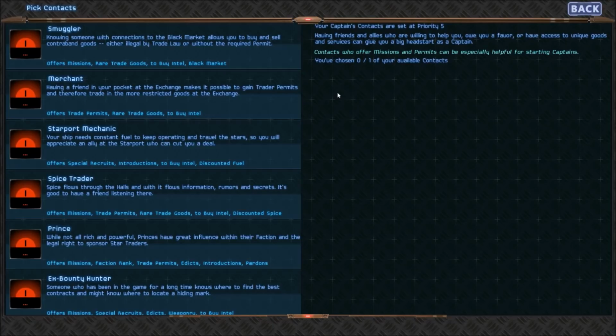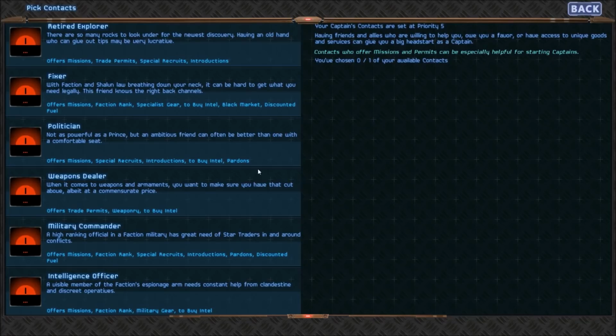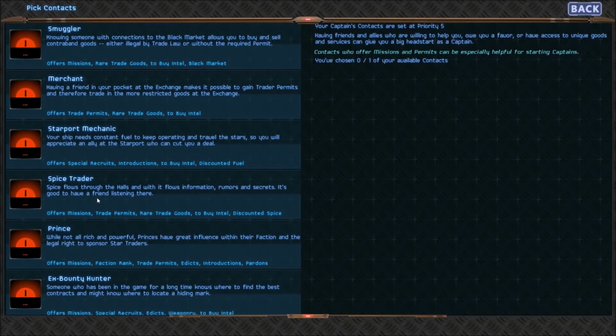This is going to be the people that we know in the galaxy. And these folks are going to be the ones giving us quests. So do we want to have someone that we know as a politician, who you can see is an ambitious friend who can often be better than one with a comfortable seat. And they give us certain missions and certain different kinds of missions that these folks will give us. I think maybe we want to go with something